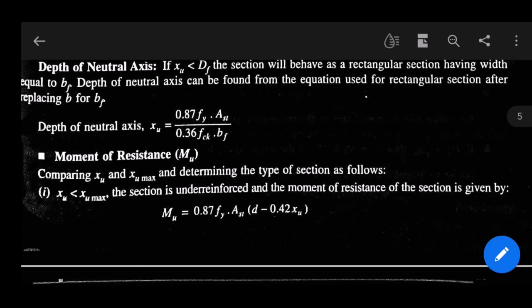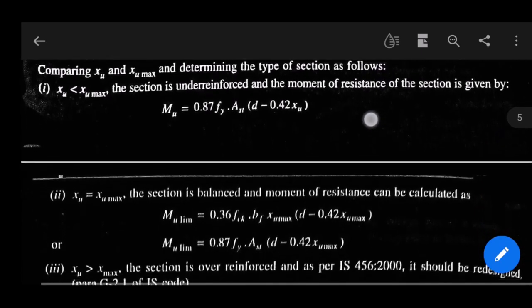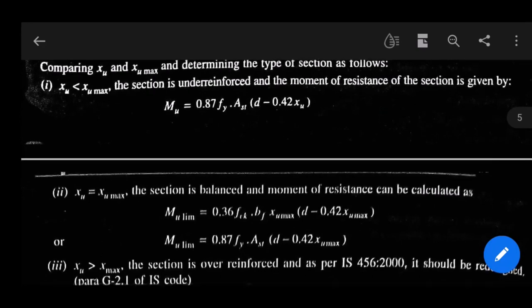This formula is also known to you. You learned it earlier in the rectangular section video, the single reinforced beam video. This formula is taken from Annex G of IS 456-2000. Now, if XU equals XU max, that means the limiting value, the section is balanced and the moment of resistance can be calculated as Mu lim equals 0.36